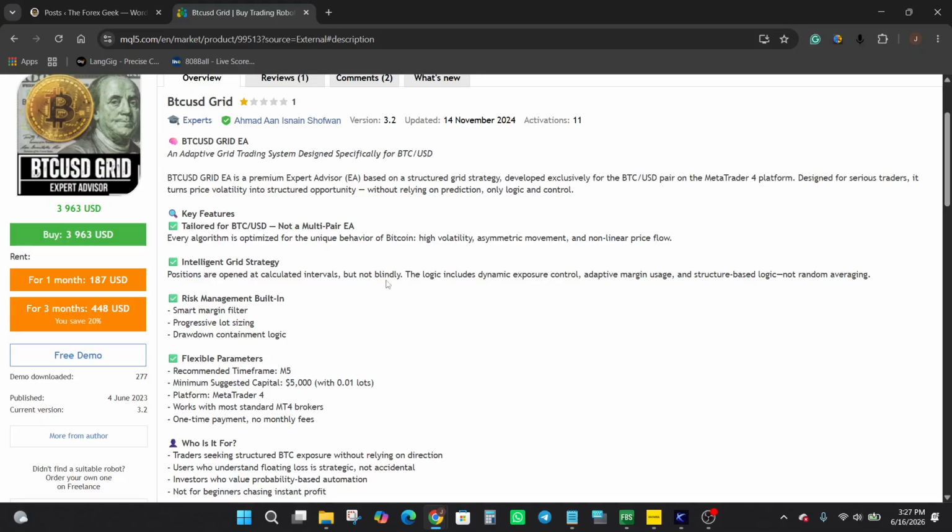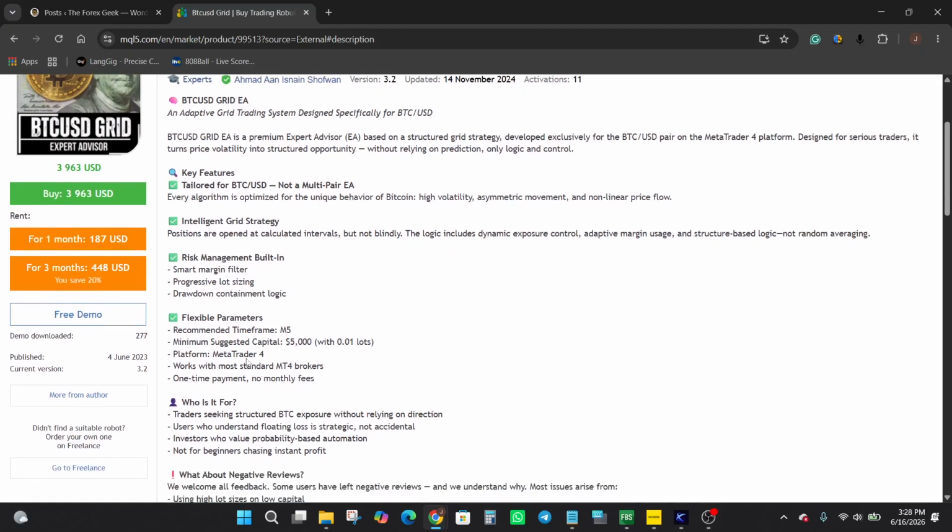The EA also comes with flexible parameters and the recommended time frame is M5. The minimum suggested capital is around $5,000 when using 0.01 lots, which already gives an idea that this system is intended for more capitalized trading environments rather than small accounts. Another important detail is that this EA runs on MetaTrader 4 and is compatible with most standard MT4 brokers. It's also offered as a one-time purchase